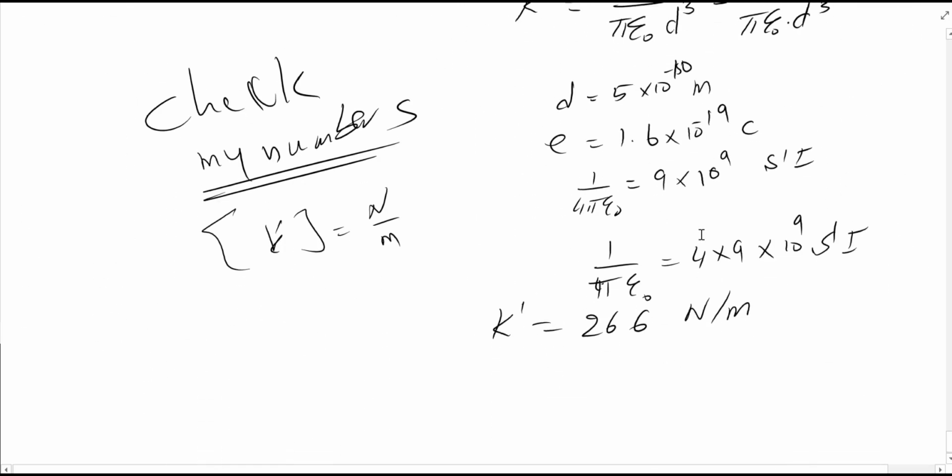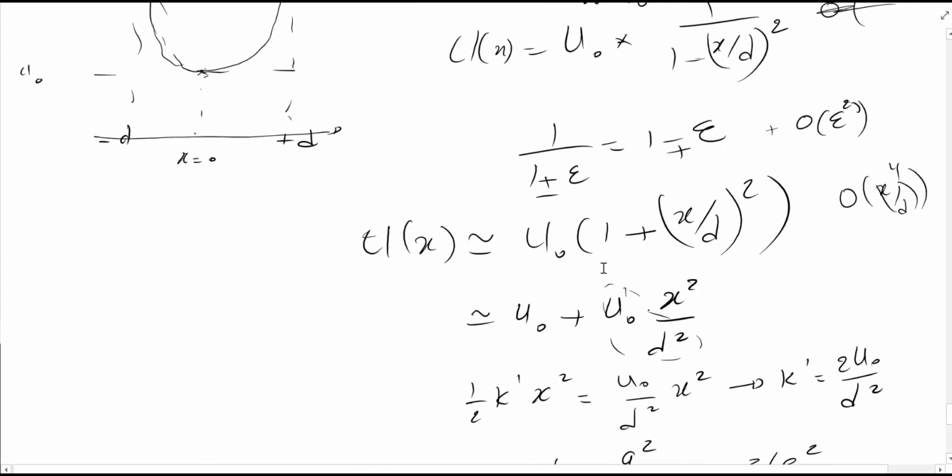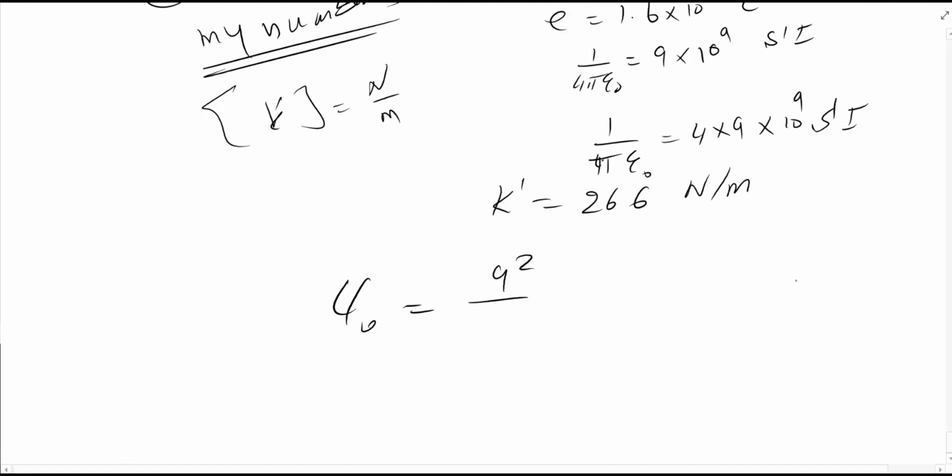That was actually the energy that we shifted everything with. So U naught is equal to q squared over 2 pi epsilon naught d. I'm going to keep this as 36 e squared over